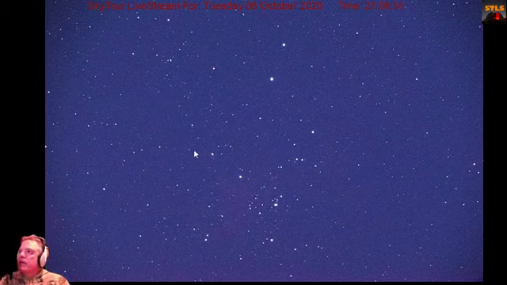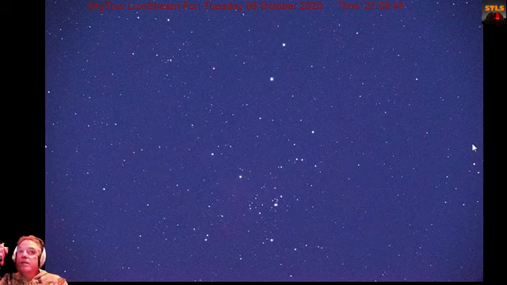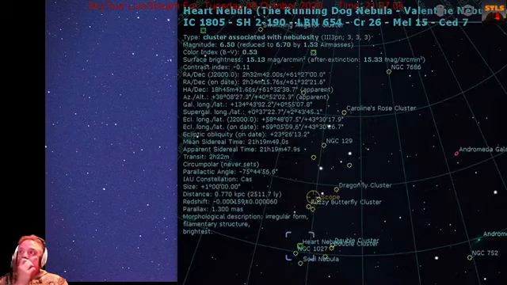And in 30 seconds, the trail would only be about the length of that arrow, maybe just a little longer, slightly longer. So it's out here down on the right. They tend to go toward the east, and east is this way. It would take an awful lot of knowledge on your part to know that. And let me just make sure I'm not lying to you. Let's go to the Heart Nebula.